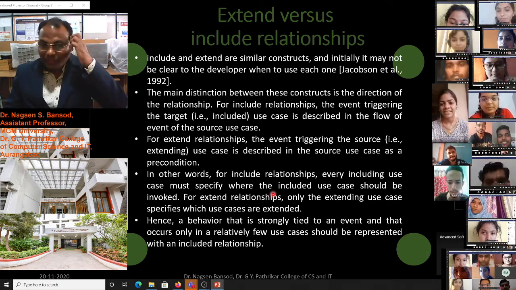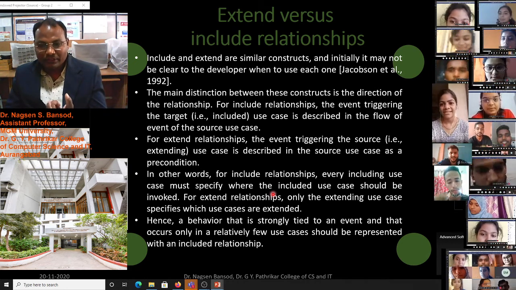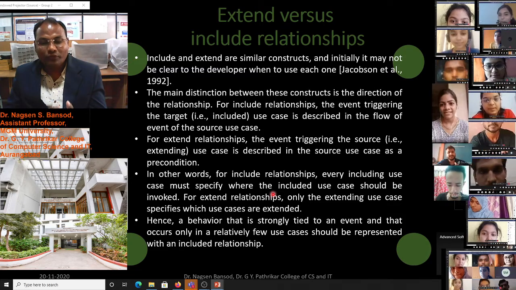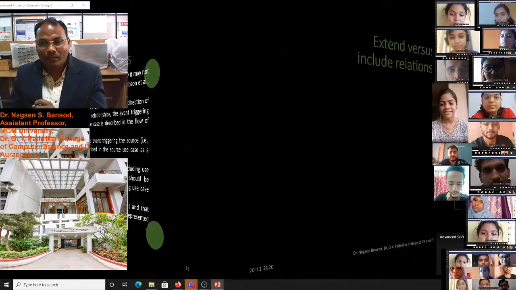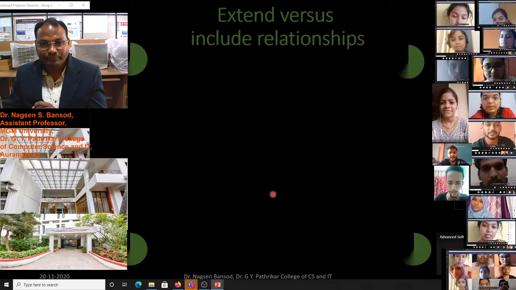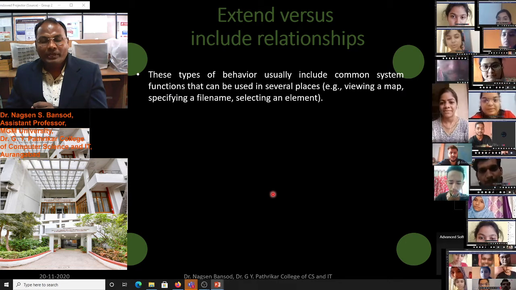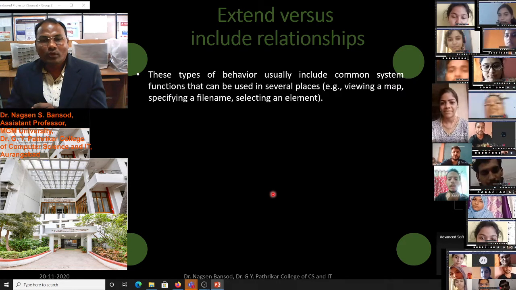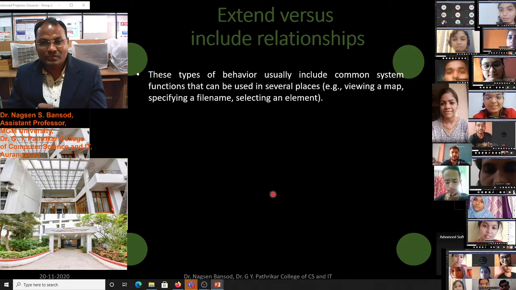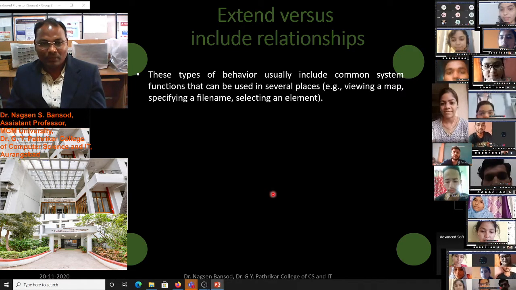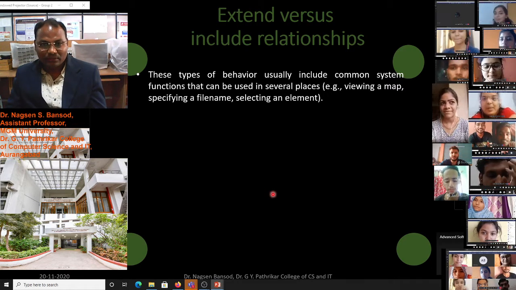For showing the behavior, we have to use some extend or include use cases, and relatively few use cases should be represented within an include relationship. This type of behavior usually includes common types of functions that can be used in several places. Example: view map, specifying a file name, selecting an element.